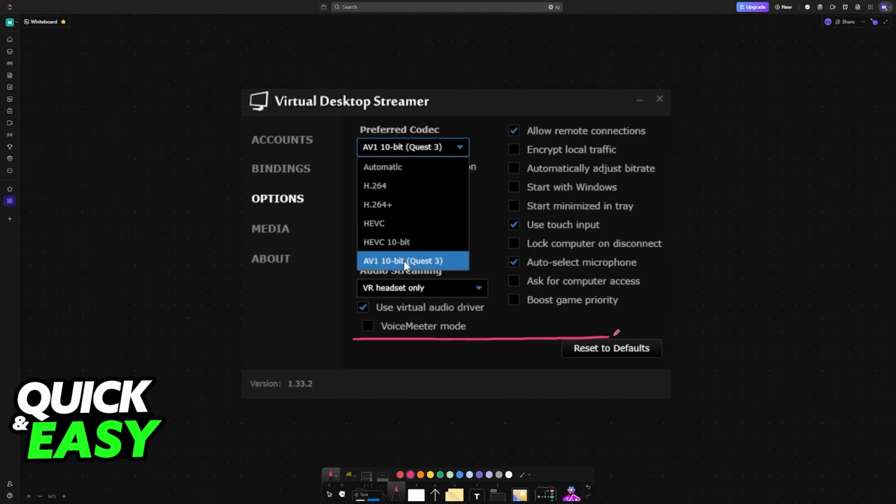You can copy these. These are not going to be optimal, but you should be using this codec, AV1 10-bit Quest 3. The other settings at the right, I'm not going to go over them individually. It's mostly going to come down to personal preference, but you can find some that might help with performance and the experience. So it is up to you, but definitely select the AV1 codec if available here for your Quest